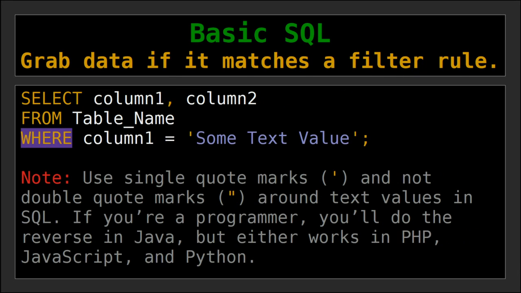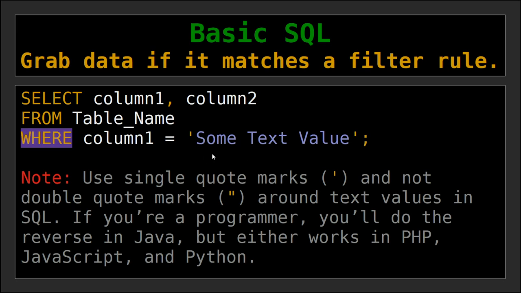Now, check this syntax out. Say you're like, okay, I need to grab some data and I don't need all of the data. I only need a very specific, exact thing. All right. So in this case, how you would write that, it's the same thing as before: select column 1, column 2, whatever from some sort of a table. And then here we're saying where some condition is here, meaning